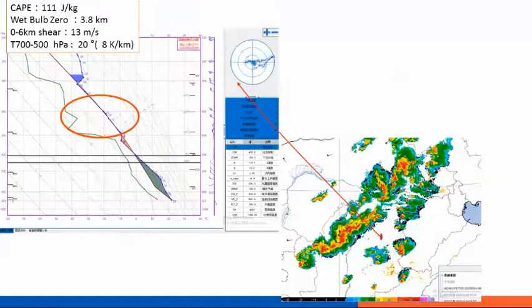Starting with the measurement taken in Taiyuan at 8 o'clock CST, we look at this image. Taiyuan is located here, and it indicates CAPE of 111 joules per kilogram. The height of the wet bulb zero is 3.8 kilometers. The surface to 6 kilometers shear is 13 meters per second. It's not very high,